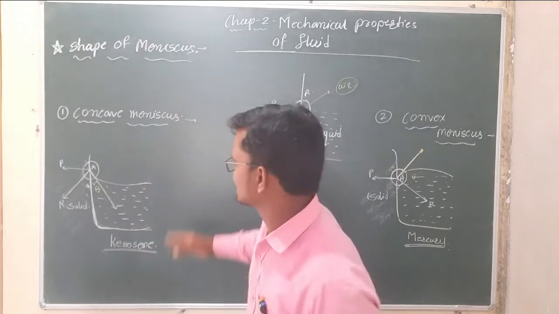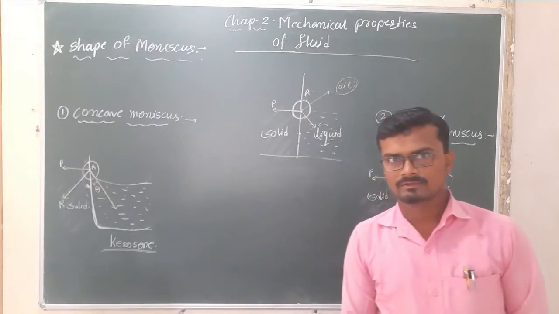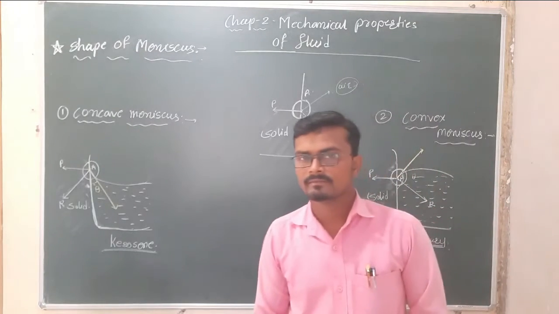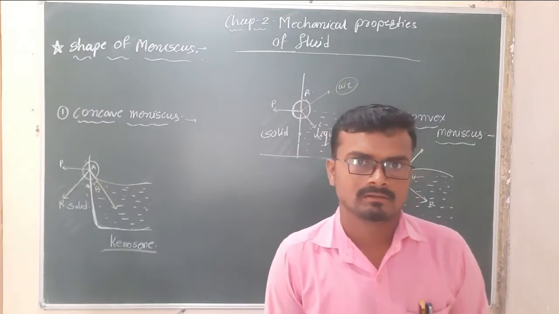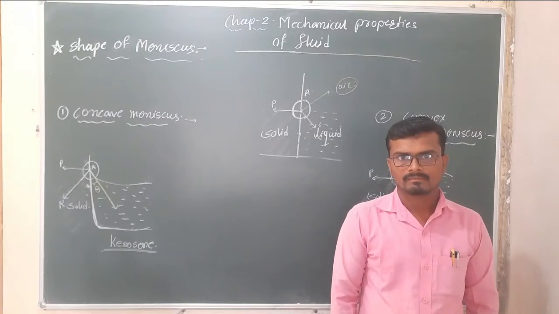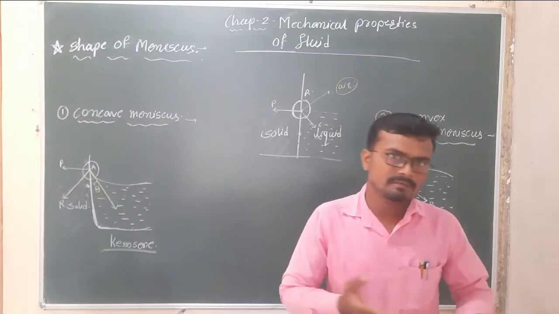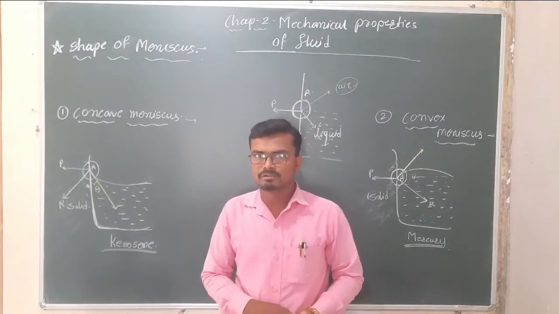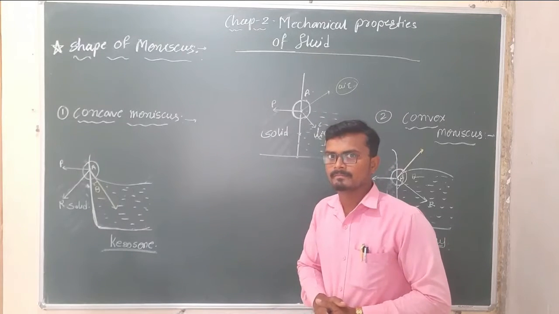A similar question can be asked about the concave meniscus also. What will be the question? Why, in the case of a liquid which partially wets the solid, does the free surface of the liquid get a concave shape? Again, the reason is AP is greater than AC. The net force lies inside the solid. To be perpendicular to that net force, the liquid surface gets a concave shape. Okay.